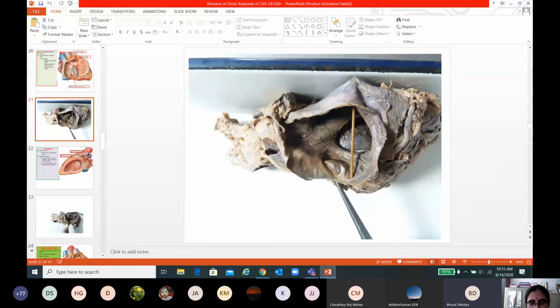It forms the foramen ovale in adults. Yes, that is known as probe patency of the foramen ovale. So these are the questions which will be asked in the exam.